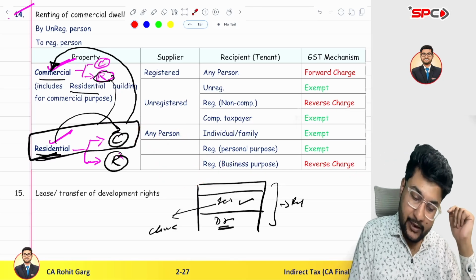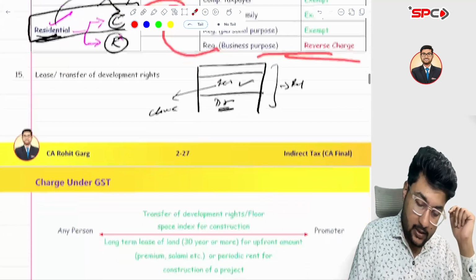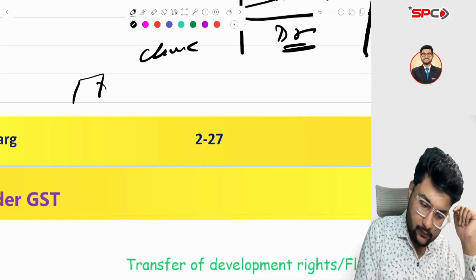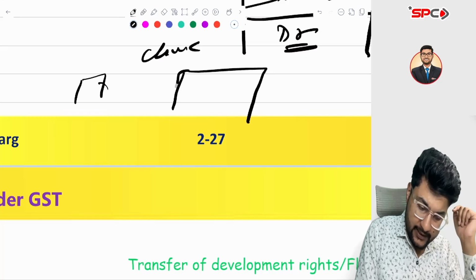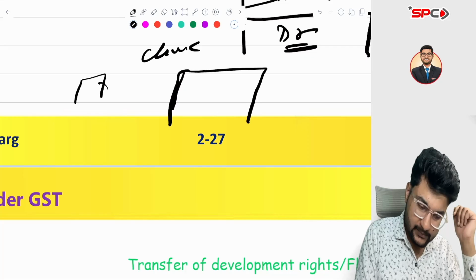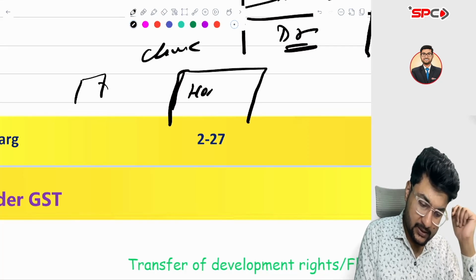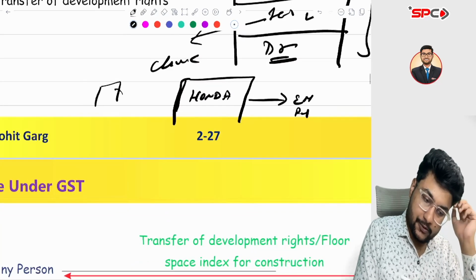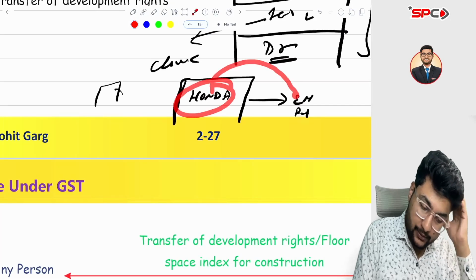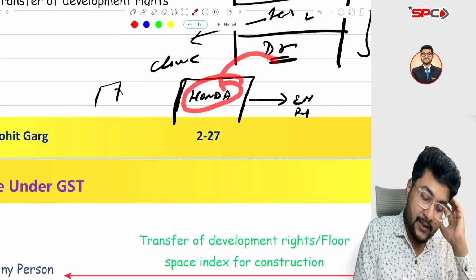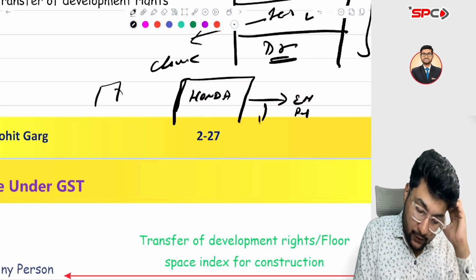Sir, this point is not clear to us. Last one. Let's take an example. Suppose there is a landlord. For example, it's a company like Honda. Honda has employees, obviously. So Honda is providing a perquisite to the employees. In the perquisite, they are giving a guest house. Honda is giving guest house as a perquisite. It is part of Schedule 3.